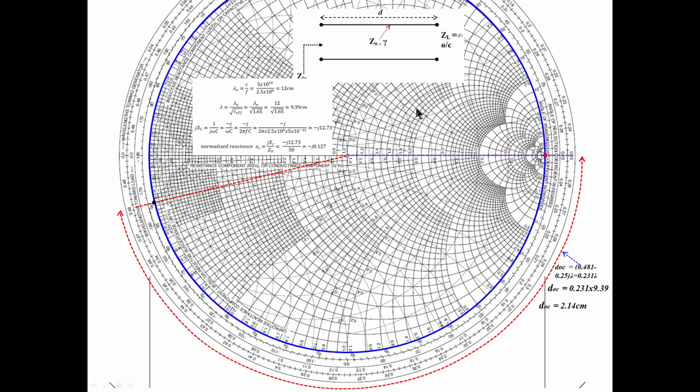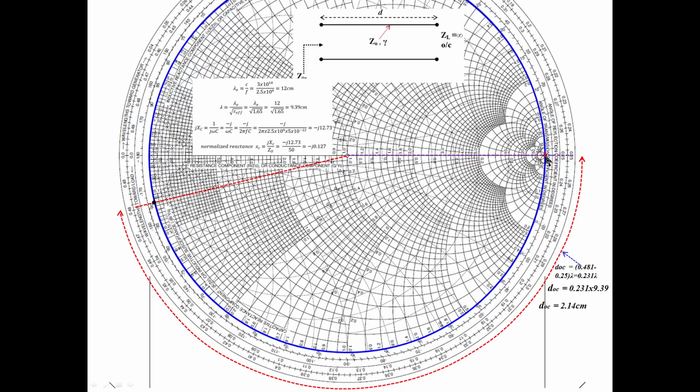You should move from the load. This is our transmission line terminated with infinity, so infinity load, and from there you should move like this over the transmission line, nothing but moving on the VSWR circle like this. Okay, we stopped here. Find out the distance from here to here.